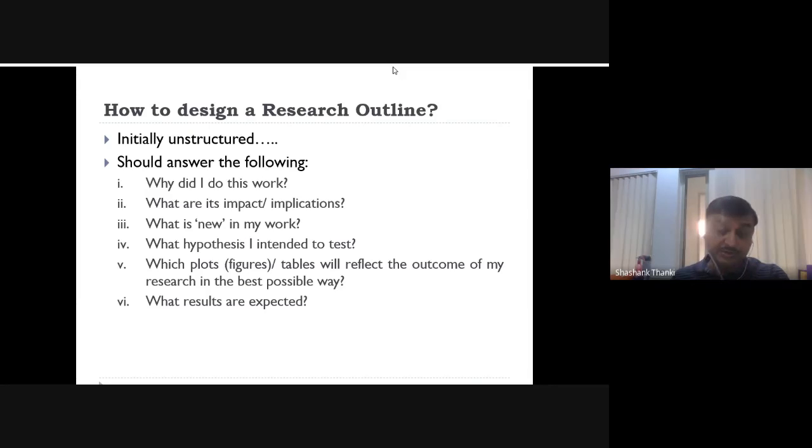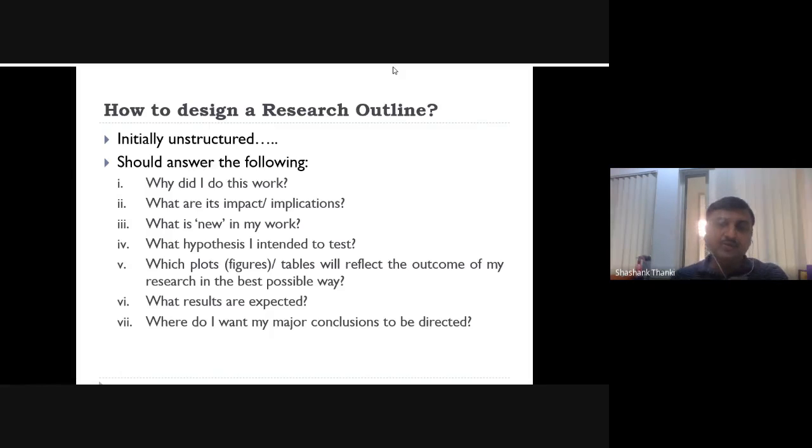Sometimes you may go back to your original procedural aspect and verify what you are getting. There is a variation, a larger deviation from my expected result. And still, if you are able to justify this deviation, please go ahead with that. Do not say that my results are not correct. No, that might be your new contribution,